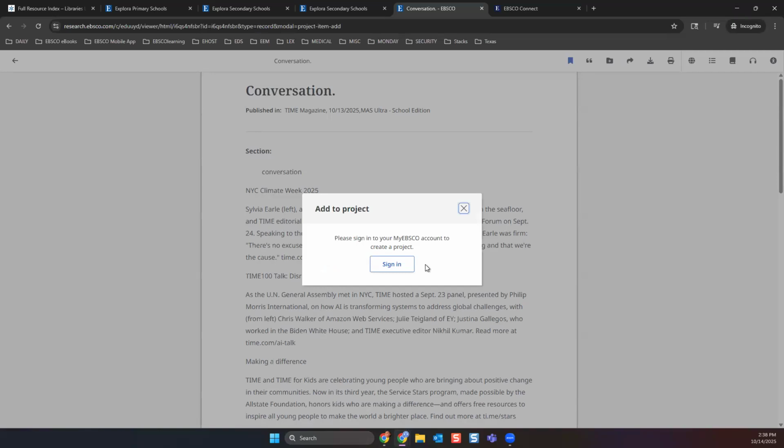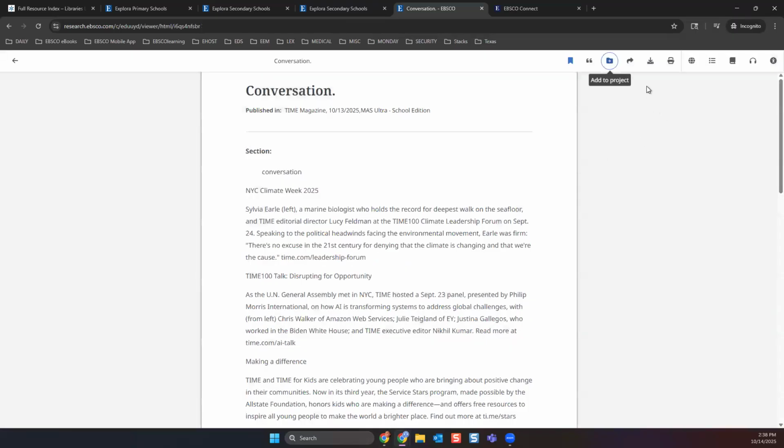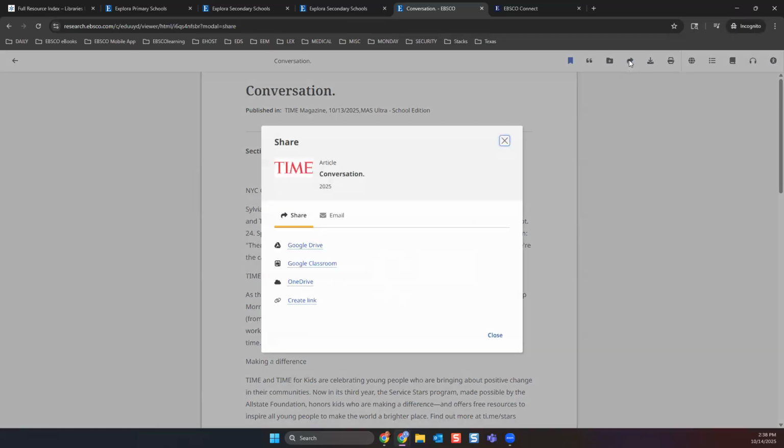So let's say we have a student who is interested in or conducting research on climate change. They could create a folder, or a project rather, called climate change and move relevant articles and resources into it. This is a function of the My EBSCO account, and they can sign in to do that. Optional though. Next, we have the share tool, which is that arrow that gives you access to the cloud options